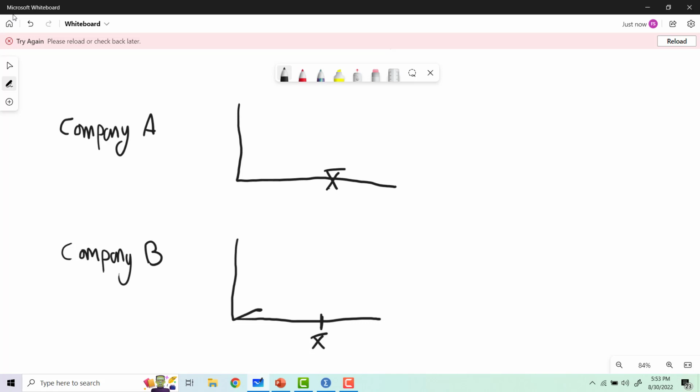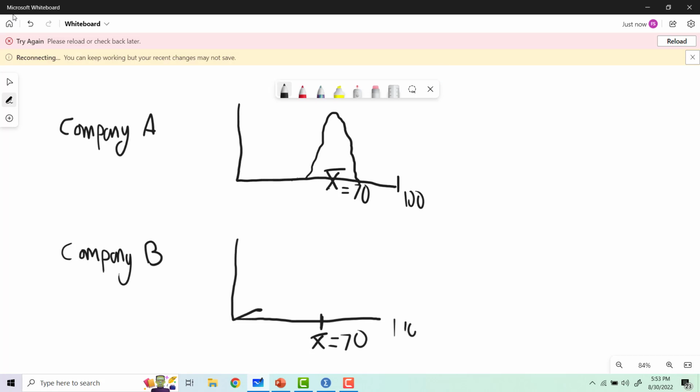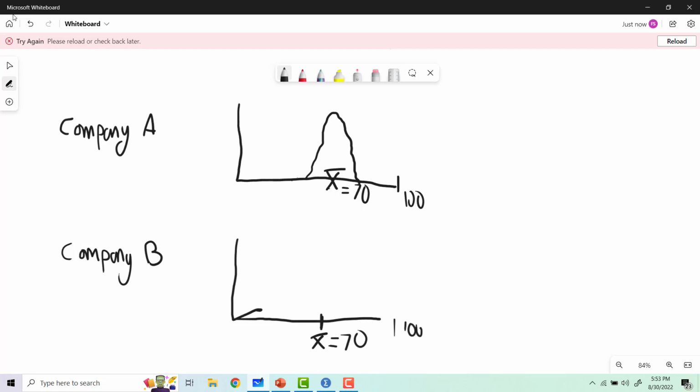But company A, sorry, that was a little bit too high. Company A is like, if we look at the distribution of scores, it's like consistently mediocre. This is 100. You never really get 100, and you never get really bad service. Company B often gets really bad service, but sometimes you get really good service as well. I'm deliberately not drawing a normal distribution. This can be any sort of distribution. So there's kind of greater variation